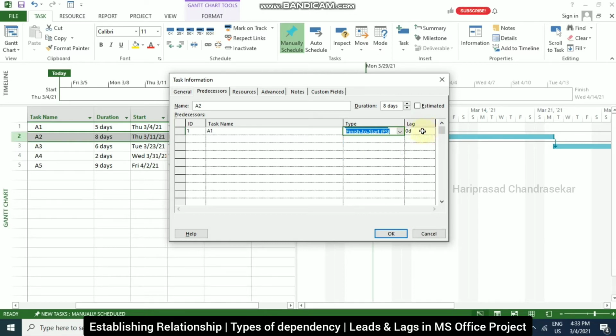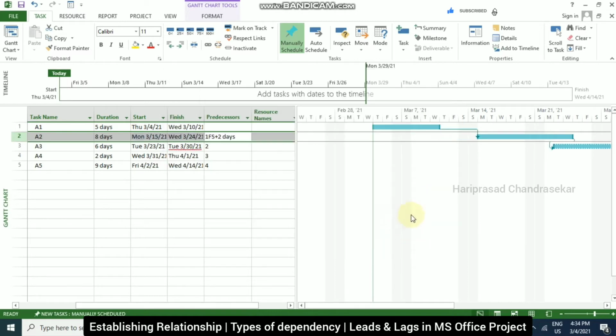And here we can put lags. Lag is a delay in any project or task. For example, if you need a 2-day delay between the finish of one task and the start of another, you can establish a finish to start type here and specify the number 2. So you want a delay of 2 days. This is called lag time. We can enter the lag time as a positive value, like I just entered 2. So it became a 2 day delay in our project.